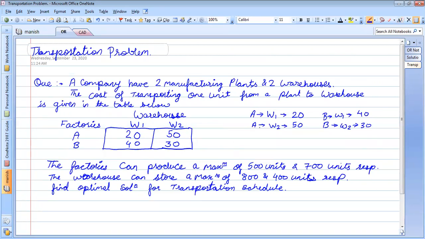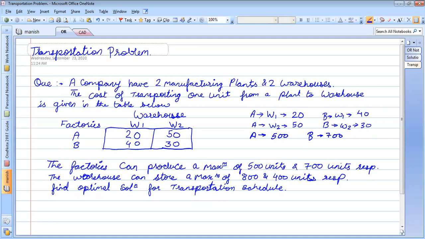So factory A production, or the capacity of factory A, is 500 and the capacity of factory B is 700. If we take the example of Coca-Cola, 500 bottles can be produced at Mangalpalli and 700 bottles can be produced at Bangalore.